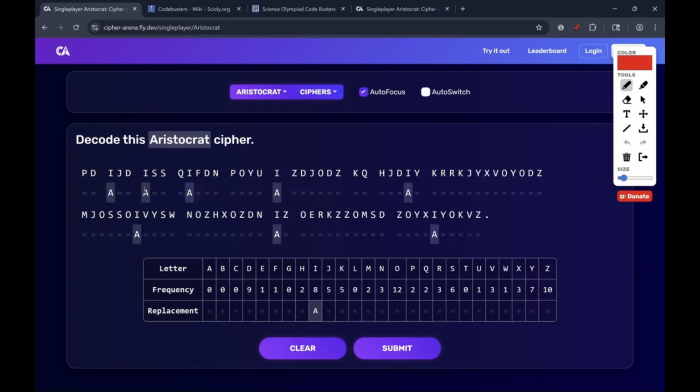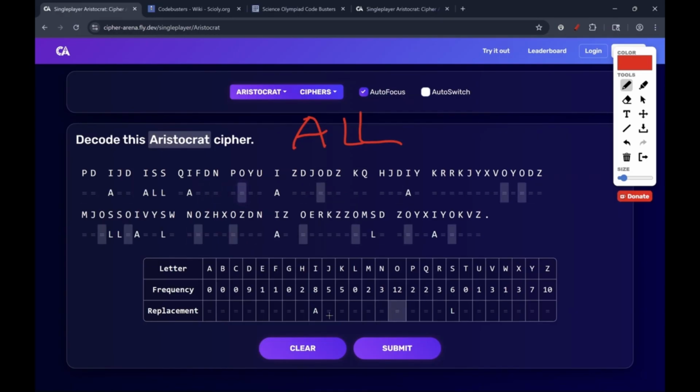Next, I see this three-letter word here, ISS. And since we have a double letter, the only word that makes sense here is ALL. And that's a very important pattern I'd say to learn. I would write that down. ALL. That's a pattern word that I would write down in the Google Doc of pattern words that I keep track of. Next thing I would look at is the frequency table and see that O is a really common letter. So if we go to O,